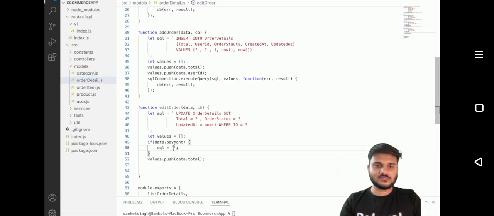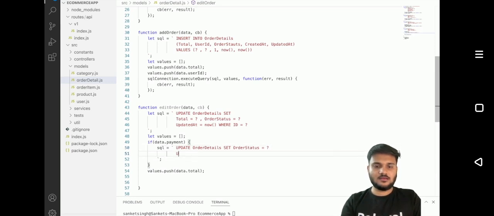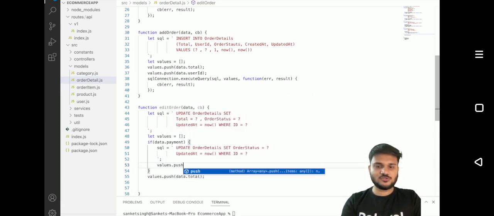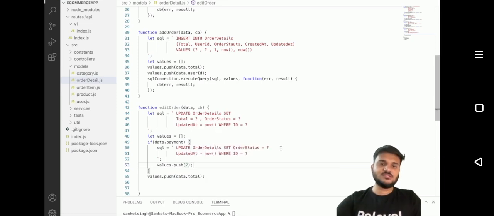we'll update the SQL to this: update order details set order status equals to this, and updated at equals to now, where id equals to this, and we'll say values dot push to, right? That means we are going to use order status as to when we'll complete the payment, the order status will become 2. Apart from that, else